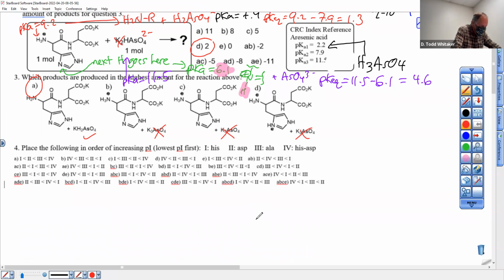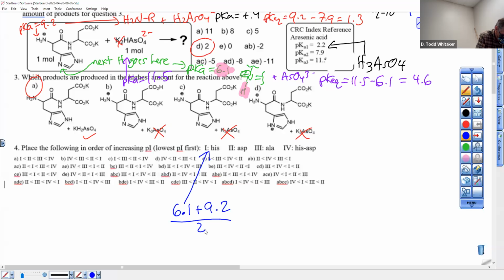Good doing our PIs. Quick review. Histidine, I need to keep one of the N pluses, and I need to stay the way it is on the handout, which means the nitrogen on the handout, the 6.1, needs to stay deprotonated, and the 9.2 needs to stay protonated. That way, only one of the nitrogens is positive,